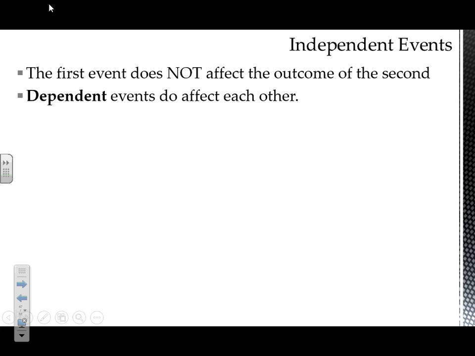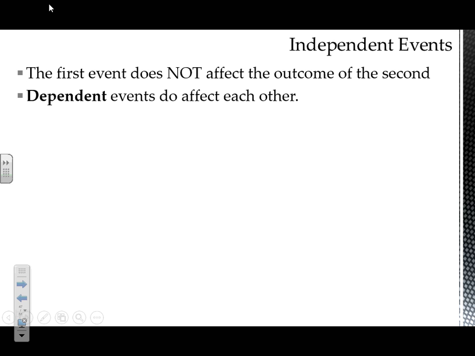Okay. So some events are fairly easy to determine whether they're dependent or independent. But it might not always be very intuitive. We talked about flipping a coin. We know that if I flip a coin, I pick the coin up and flip it again, and then I do the same thing over and over, every time I have a 50% chance. That coin can't determine how it's going to come up heads or tails.